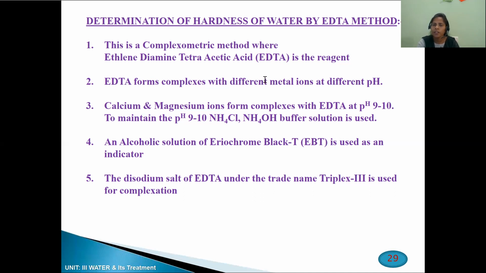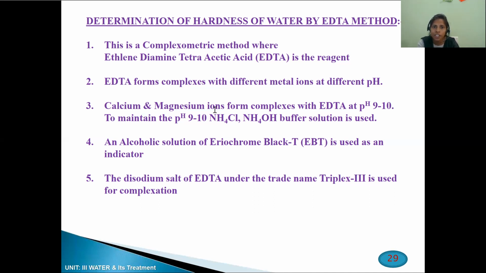What are the metal ions, and where do they exist in the water sample? We know that hard water has calcium +2 and magnesium +2. These act as the metals here. The EDTA we use to find the hardness reacts with calcium +2 and magnesium +2 in the given water sample. Immediately EDTA reacts with calcium +2 and magnesium +2 and forms a complex: the calcium EDTA complex and the magnesium EDTA complex.